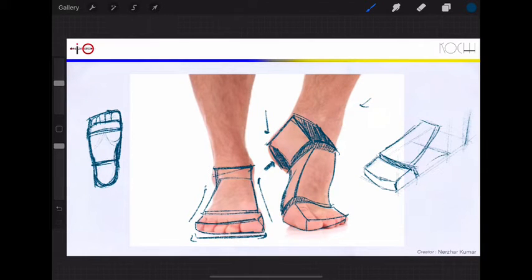Then you have an arc here, this form, then the bottom. I have drawn it a little wide here because of our bones,